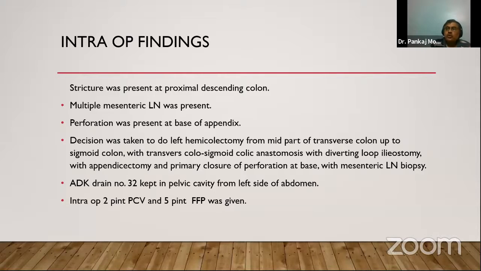One more point is the duration of the disease. If it was a long time, it has now gone from a closed loop to an open loop also. That means it must be a long-standing obstruction, which again gives rise to relative ischemia of the bowel, I believe. So I will not go for an ileostomy in this patient. At the most, there are two or three things we can do. One is an end-loop ileostomy, closing that loop or bringing it out as a mucous fistula. But I will definitely not do any anastomosis.